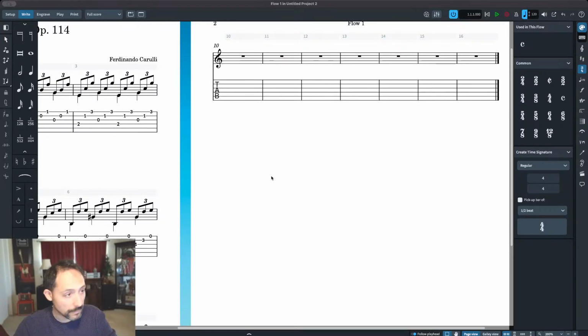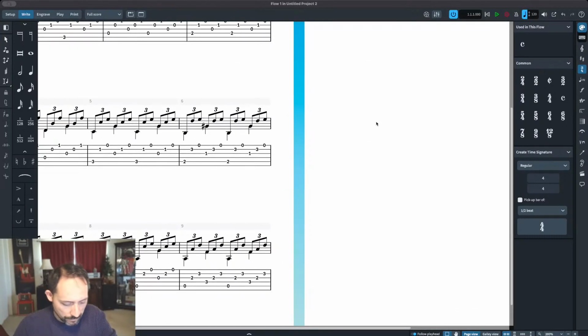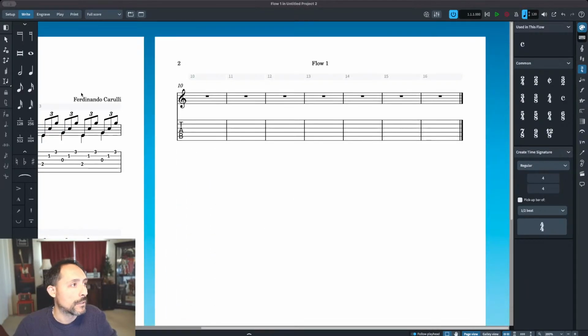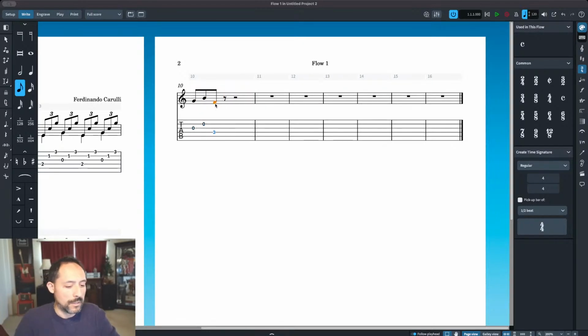Okay, measure 10. 1, 2, 3, 4, 5, 6, 7, 8, 9, 10. G, B, F. Okay, here we go. No, that's not a G. G, B, F. Change the octave. Triplet. And then we have